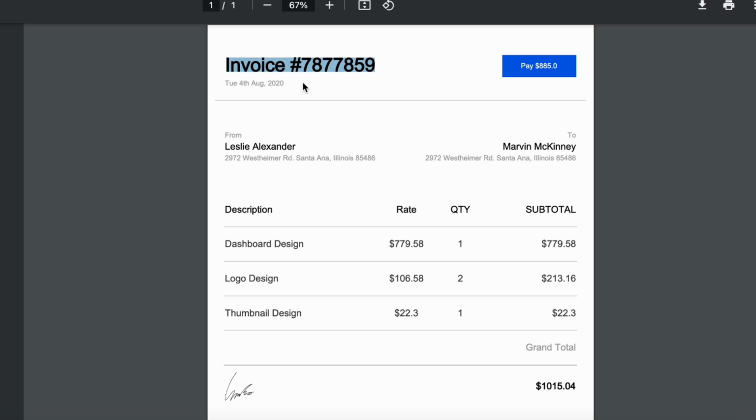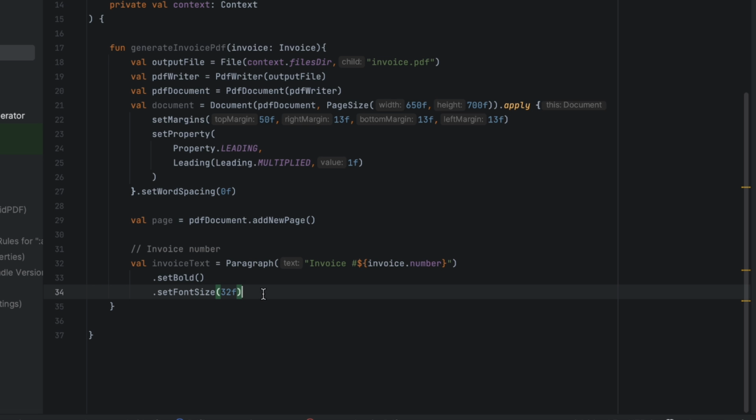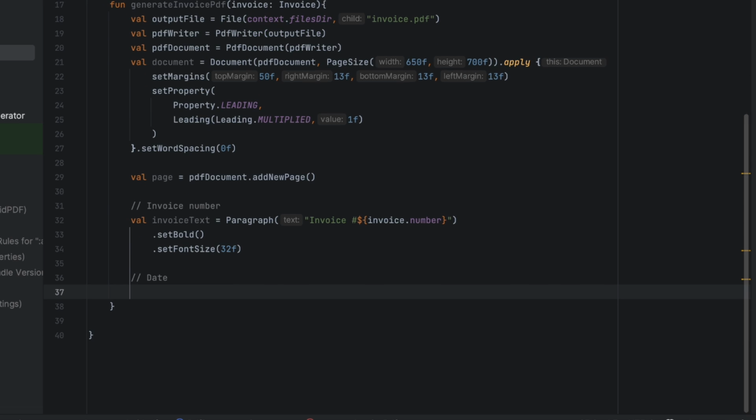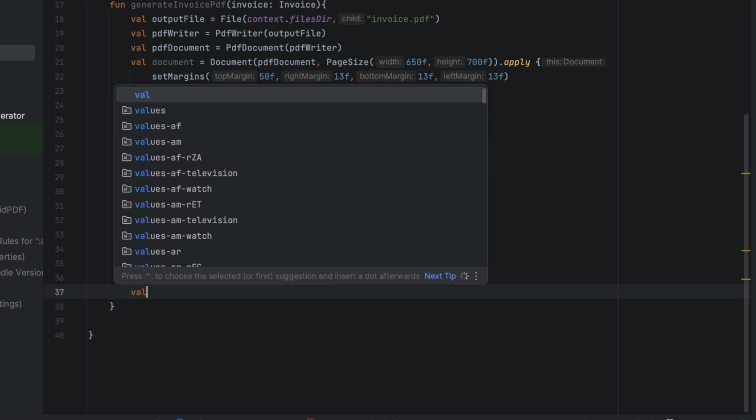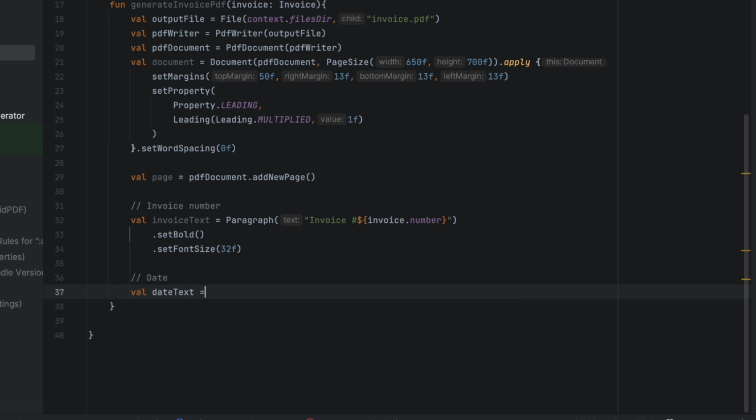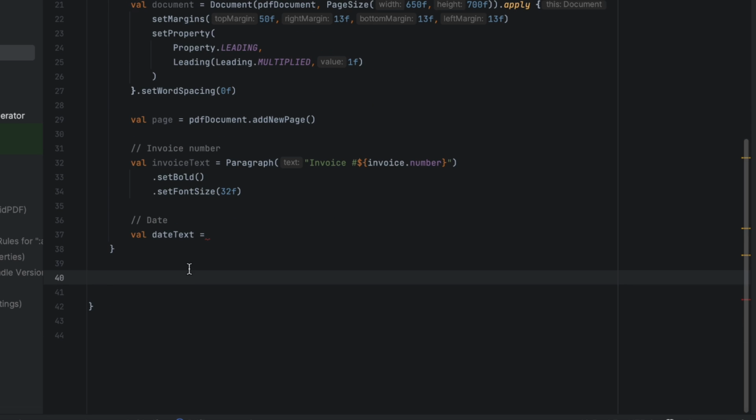And then let's actually create the date here. So we can say val, or we can actually create a comment before that, just to make everything clear. We can say val date text. And for this one, I want to create a helper function because we're going to reuse the thing I'm going to create now. So we can say private function create light text paragraph. So as the name tells you, it's just gonna create a paragraph with a light text. So here we pass the text, which is a string,